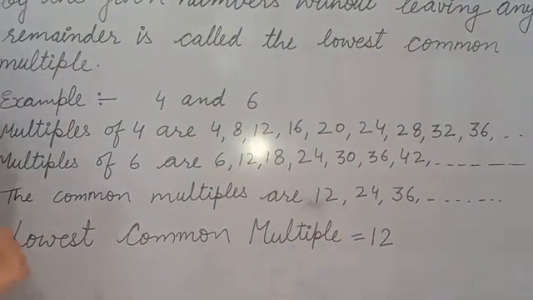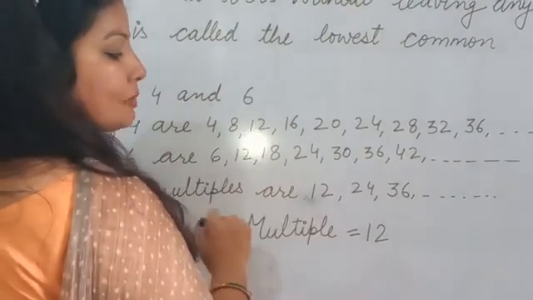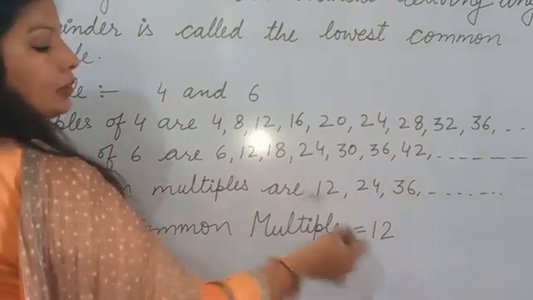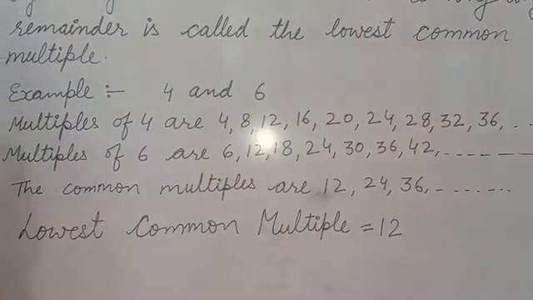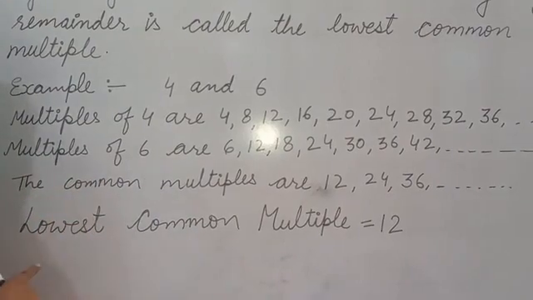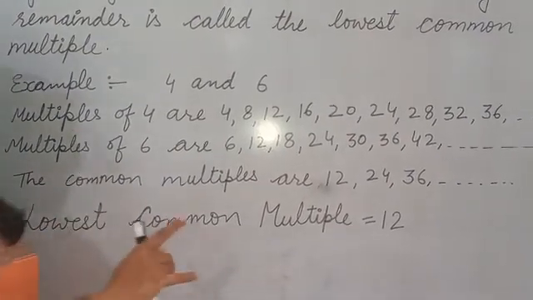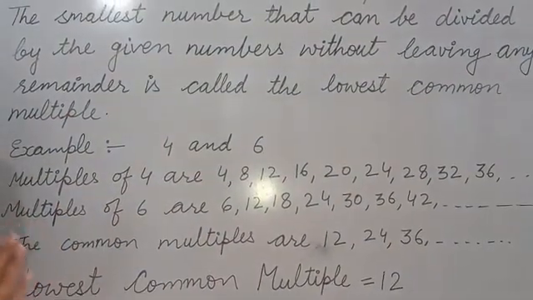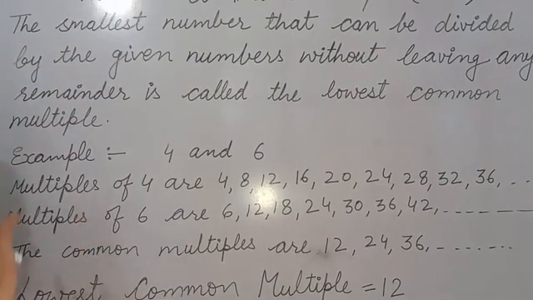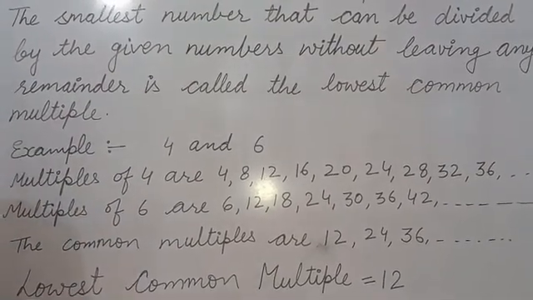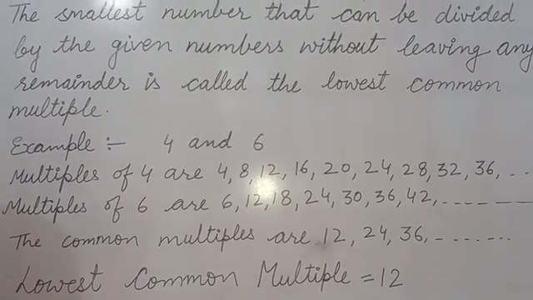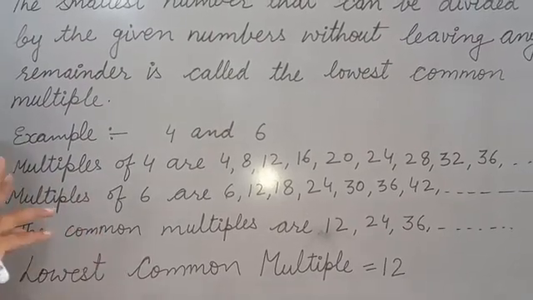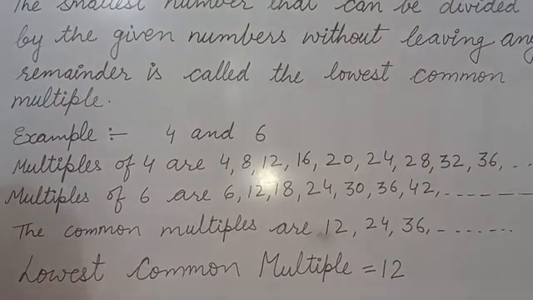Okay? So now which is the smallest? अब इनमें से smallest क्या है? 12. So the lowest common multiple is 12. Okay, we can call it least also, we can call it lowest also. So the lowest common multiple is 12. So like this you have to find the LCM. There are many ways to find the LCM. Here I take the multiples method. One more method is the prime factorization method, and one more is the short division method. Okay, but firstly we learn the multiples method, then we learn factorization, and then we learn the division method.